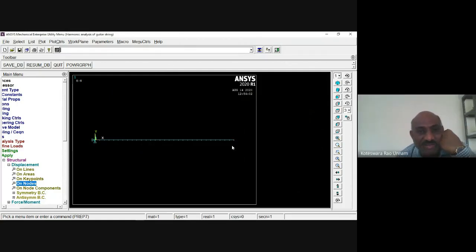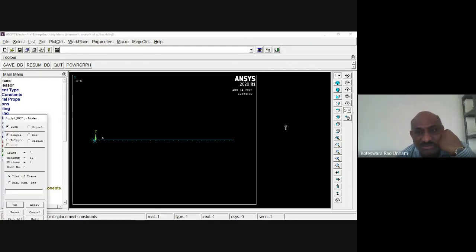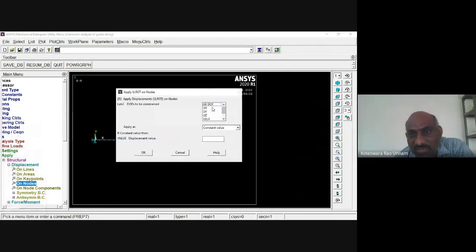Now here I need to apply a vertical roller support, so click apply again. Roller support means the y direction is constrained, so I need to select UY. Of course, I can select UZ also, because it is free; the string is moving or responding only in the plane, so I can simply eliminate the Z displacement also.